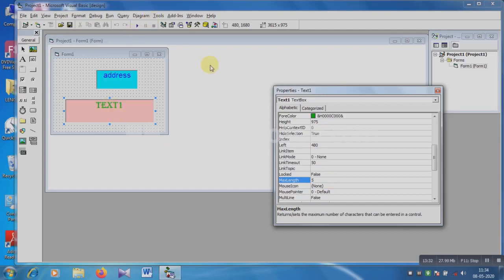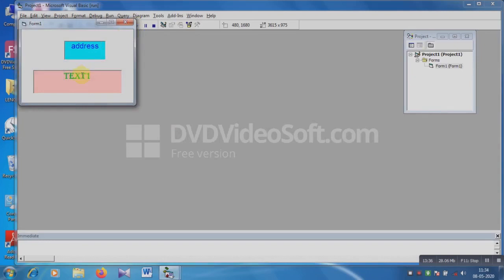Let's see whether 5 characters or more than 5 characters we can insert or not. Right here, suppose any characters. See, only 5 characters we can insert. Suppose Haldia.